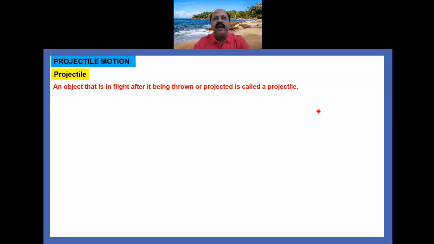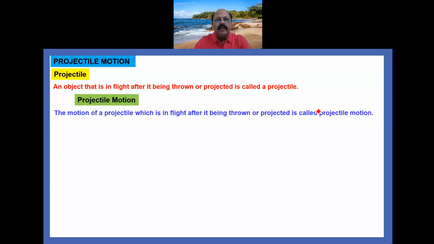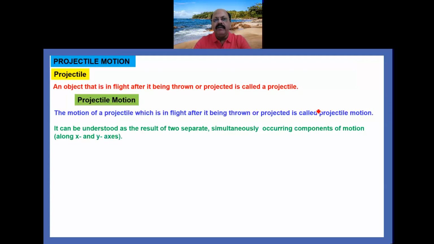And when it is in flight, that is in air, that is called projectile motion. So you see here, the motion of a projectile which is in flight after being thrown or projected is called projectile motion. It can be understood as the result of two separate simultaneously occurring components of motion,